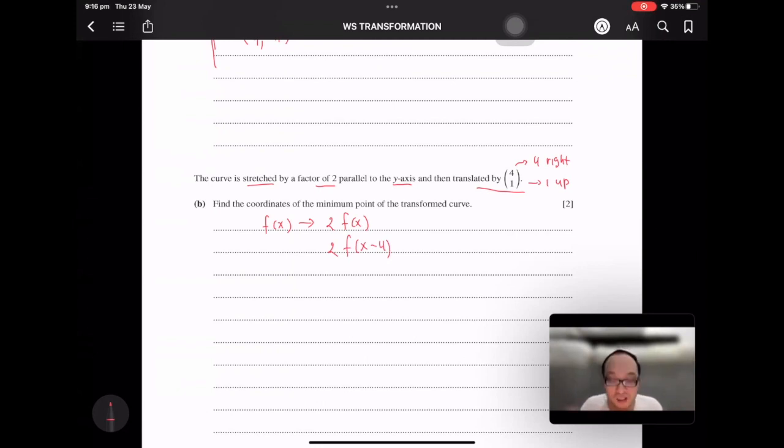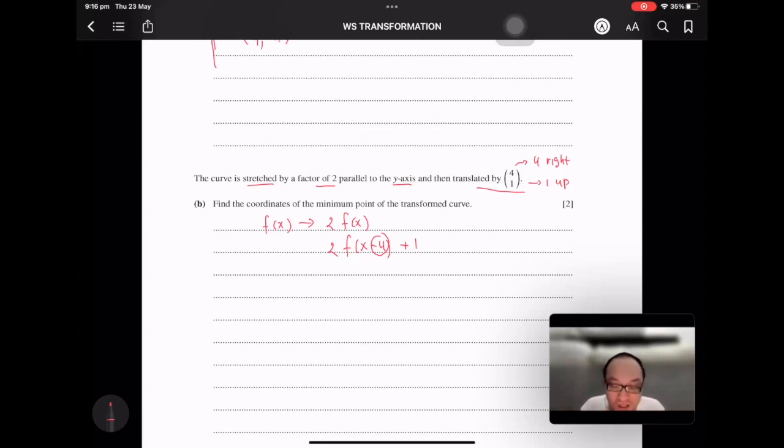Don't forget that the x translation will be opposite, negative for right direction and positive for left direction. And then plus 1 for up. So find the coordinates of the minimum point